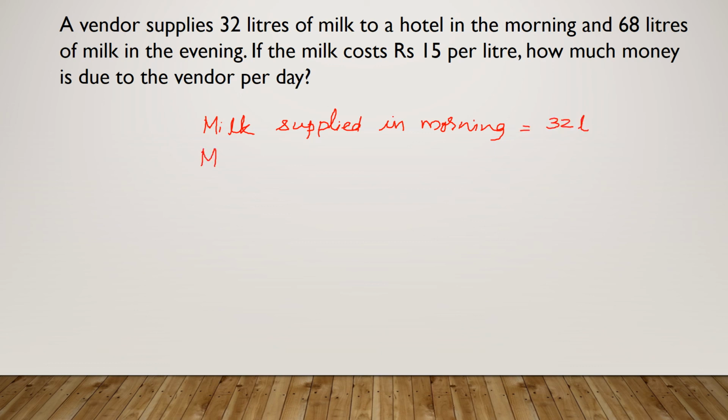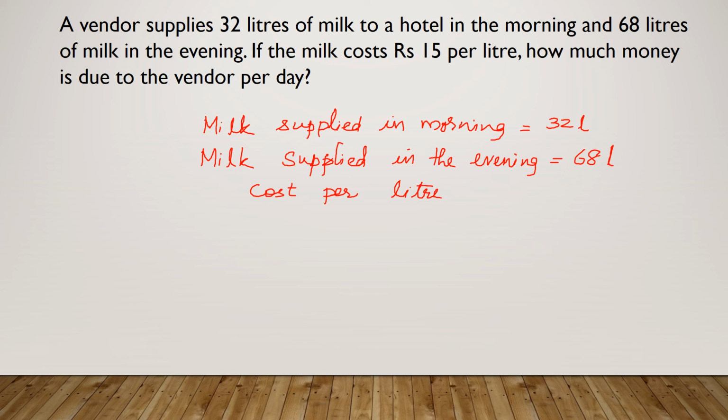Then you have milk supplied in the evening, that is equal to 68 liters. So cost per liter is equal to rupees 15. Now how do you find, therefore, total cost,